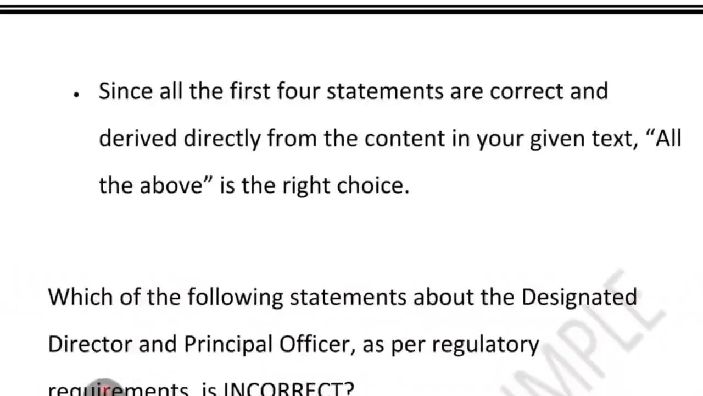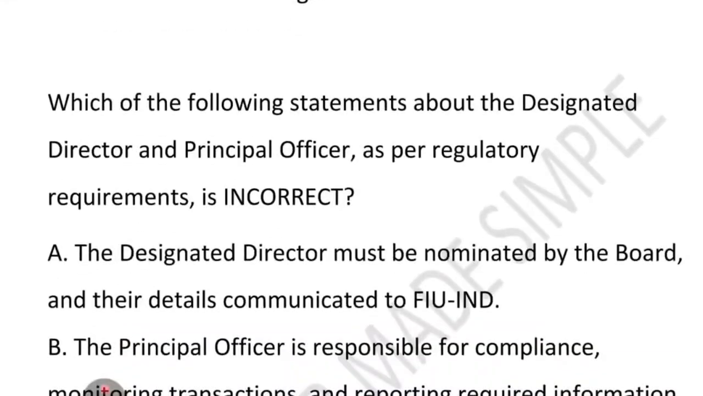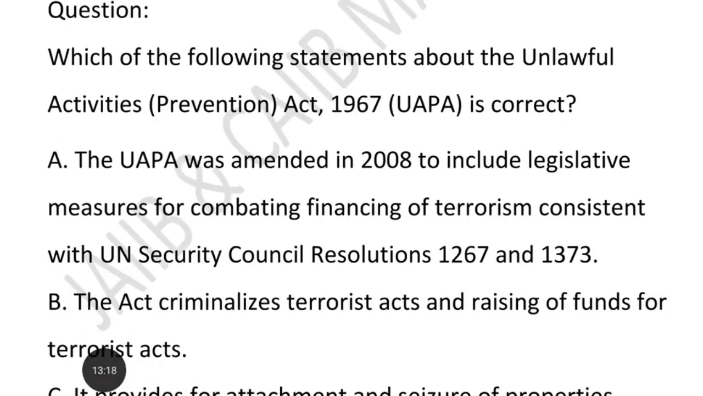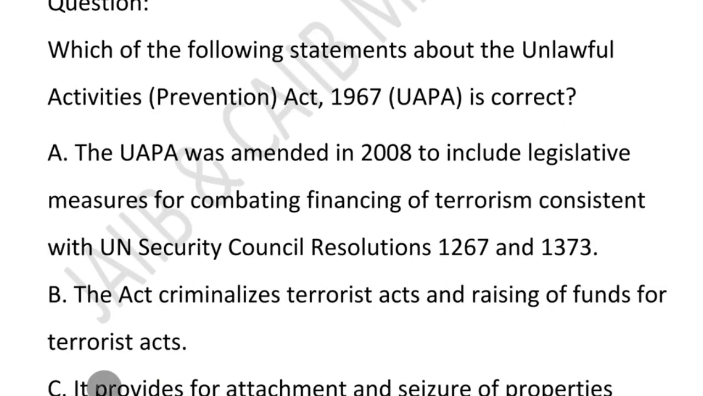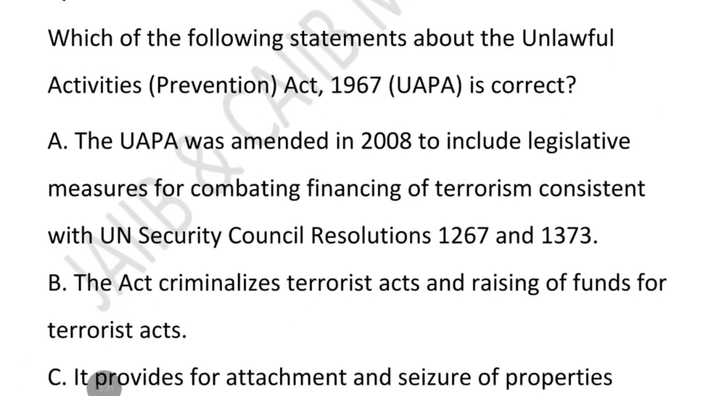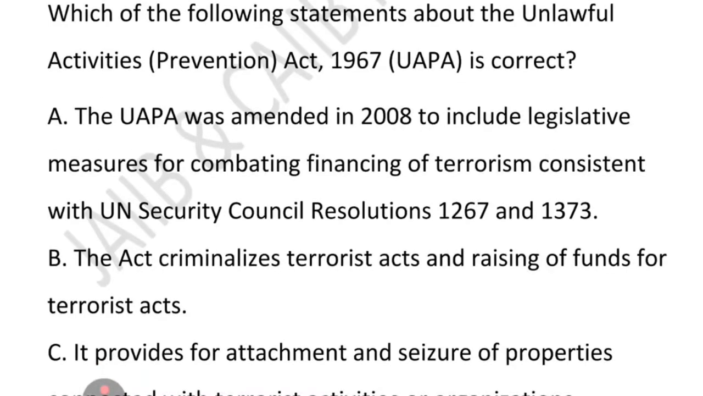Now friends, have a look at the next one. Very good question it is, and this question is most frequently asked. The question is, which of the following statements about the Unlawful Activities Prevention Act 1967, in short UAPA, is correct? Option A, UAPA was amended in the year 2008 to include legislative measures for combating financing of terrorism consistent with the UN Security Council